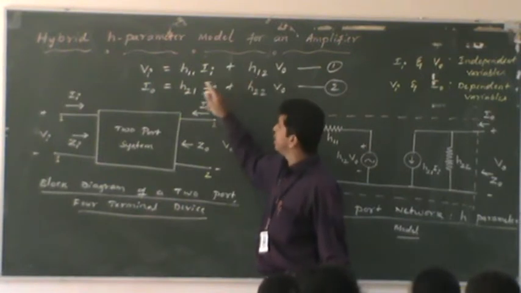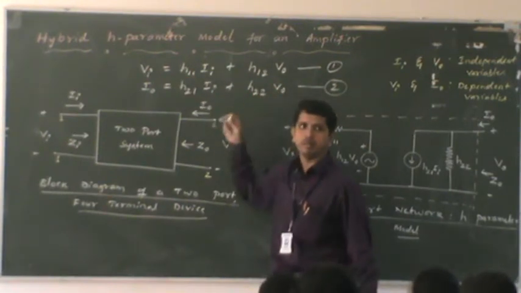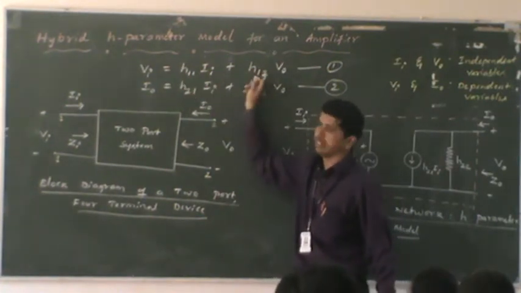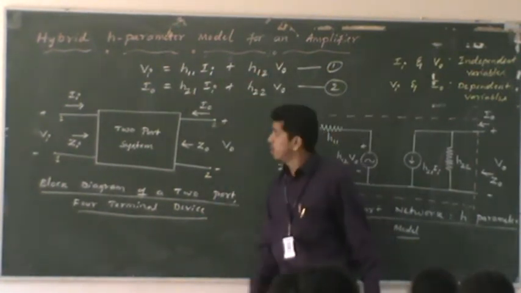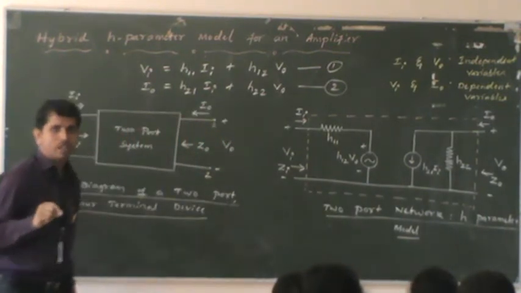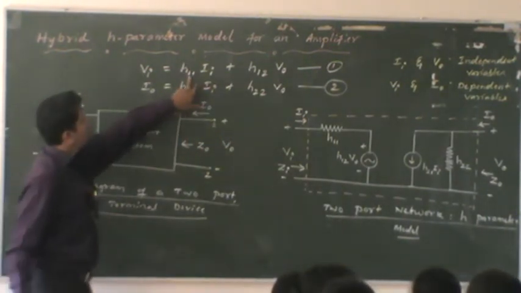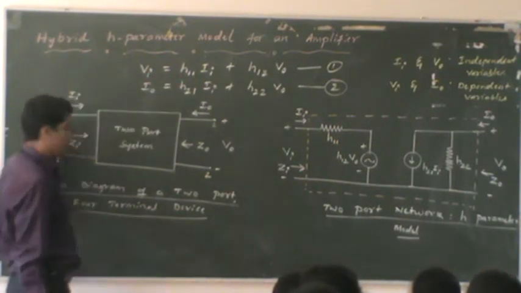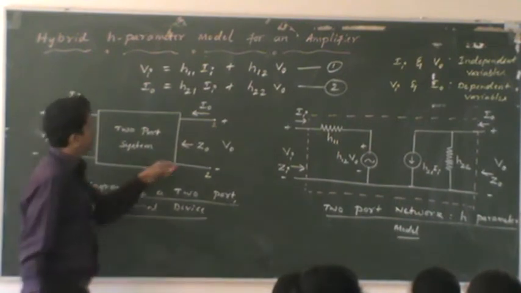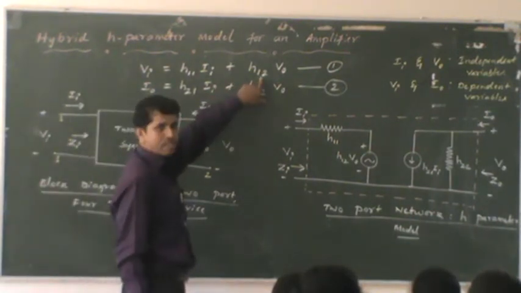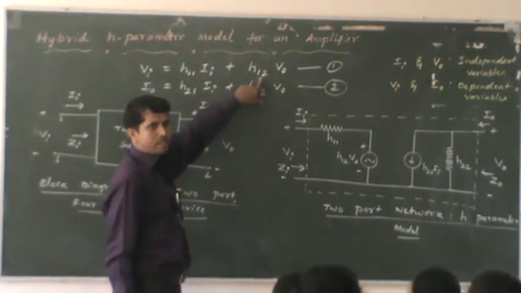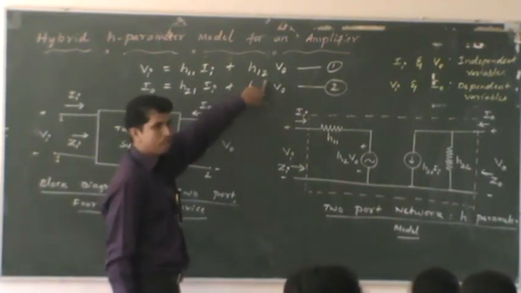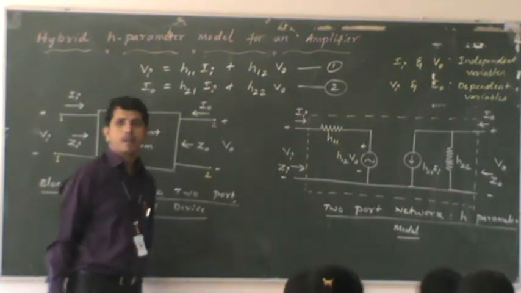Do not write uppercase to indicate hybrid parameters. Always practice with lowercase to indicate hybrid parameters. So all of you understood the notation of small h and even the subscripts here. 1 and 1 means that this quantity belongs to the input port. Similarly, look at this h12: this quantity belongs to both input as well as output. The 1 and 2 corresponds to both the input port and the output port.